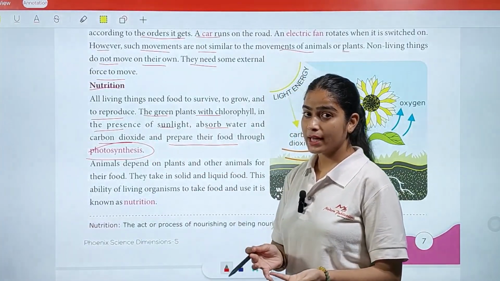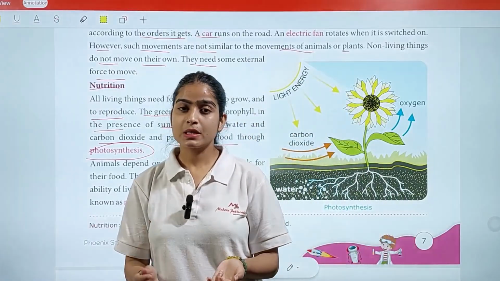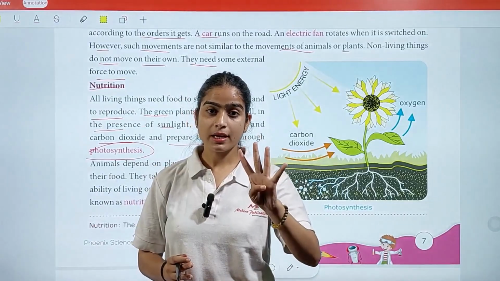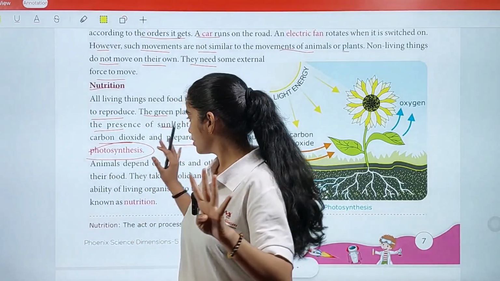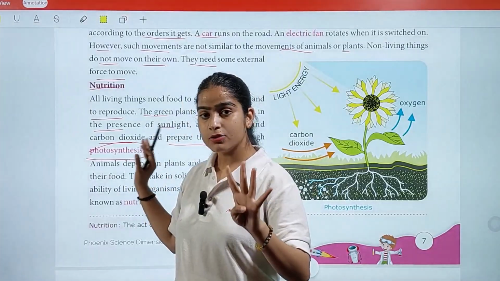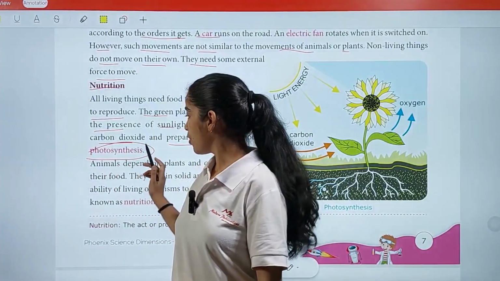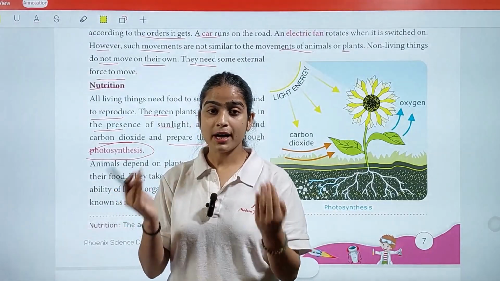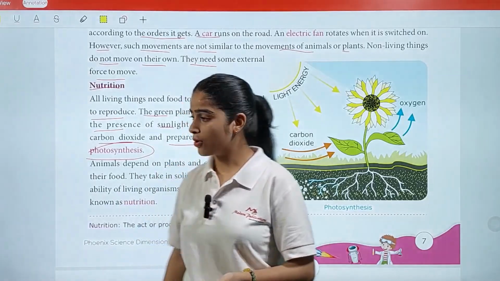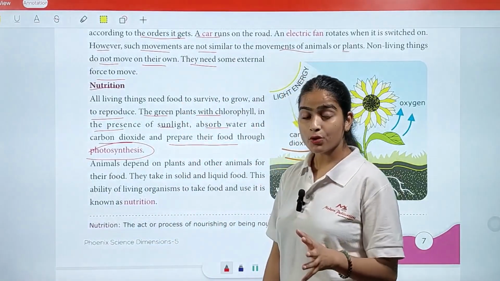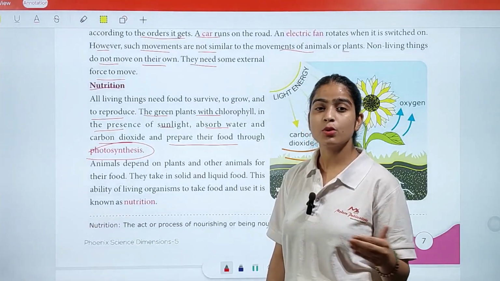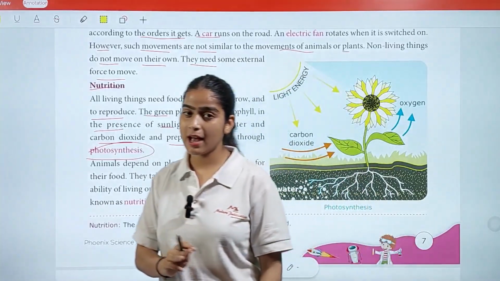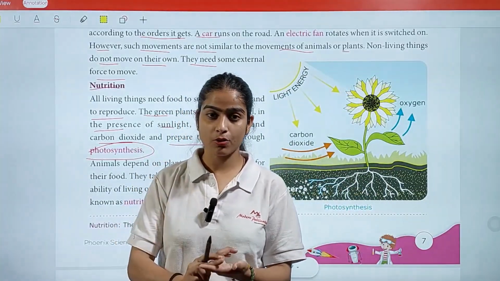With the help of sunlight, with the help of the chlorophyll which is present in the leaves, and with the water and carbon dioxide. These four things are elementary things plants need to make their food. By including all of these things, this process is called photosynthesis. Photo means light and synthesis means food formation, right? So with the help of sunlight, when they have water, carbon dioxide and chlorophyll, they make